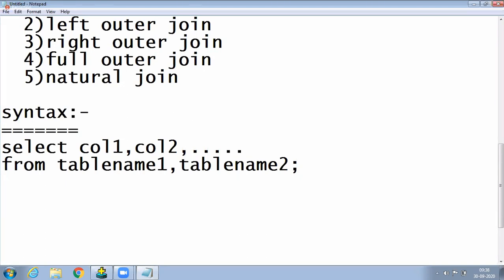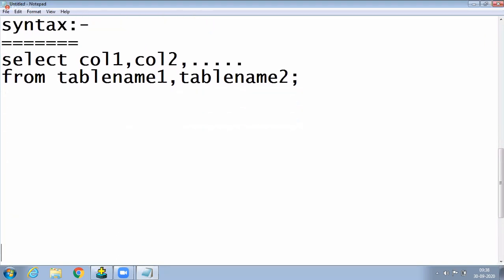Nobody uses this, but it is better to know that database servers internally use the default join. Now write one example after the syntax. Then we start our own joins. That is important, but this is better to know. One of these days I will tell you about cross join also.